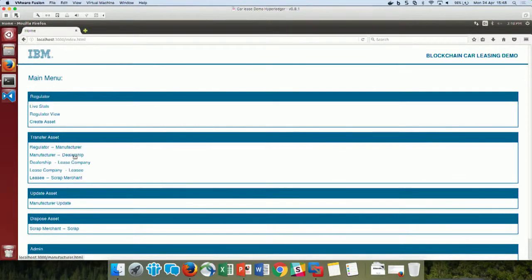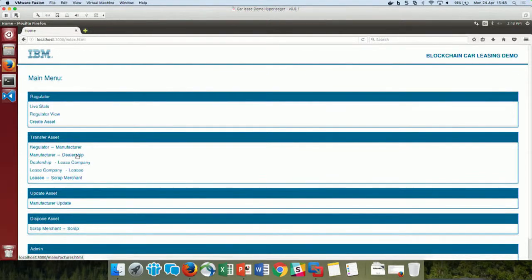It's actually very straightforward. If you can see my mouse, we have 5 members of the business network. We start with a government regulator, then move on to a manufacturer, then a dealership, a lease company, a leasee, and just to prove me wrong, there's a 6th member, the scrap merchant. So what we've done effectively is put the tracking of a vehicle, a car, asset, onto this business network. And I'll show you just a small part of the demonstration, moving the asset around through a number of these different